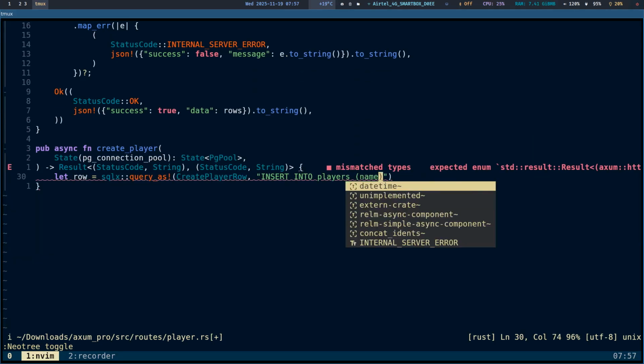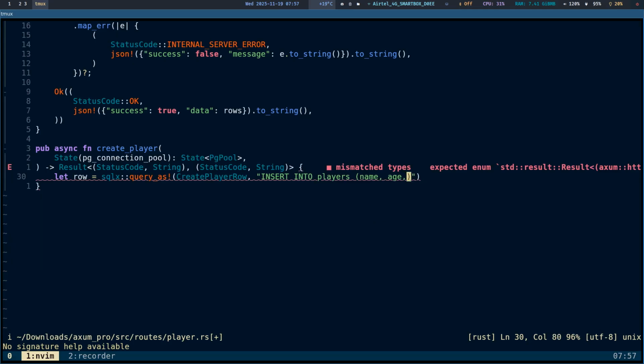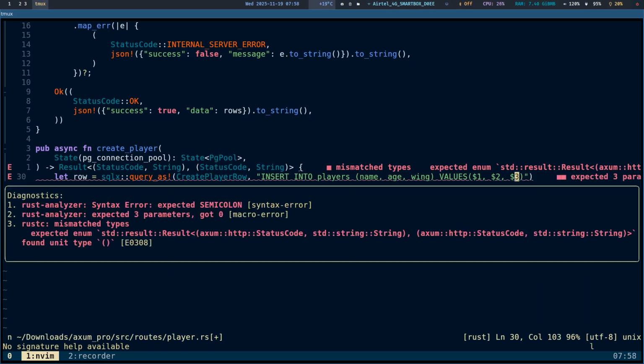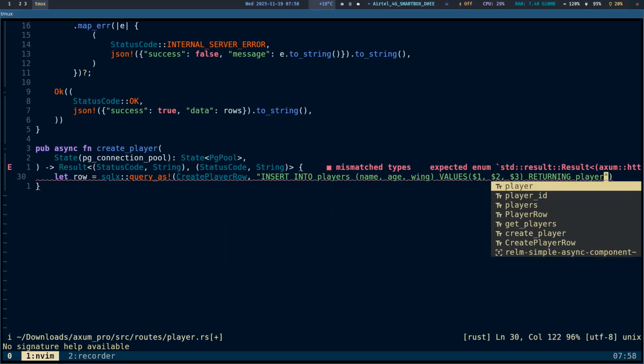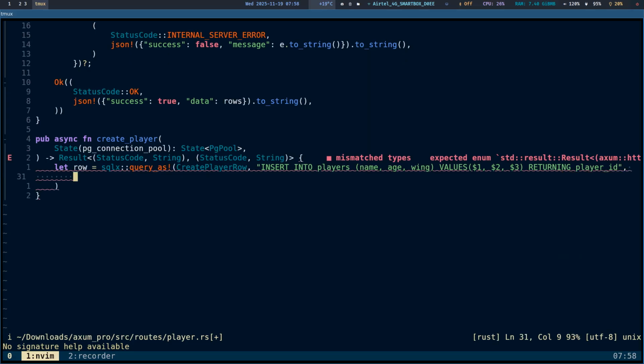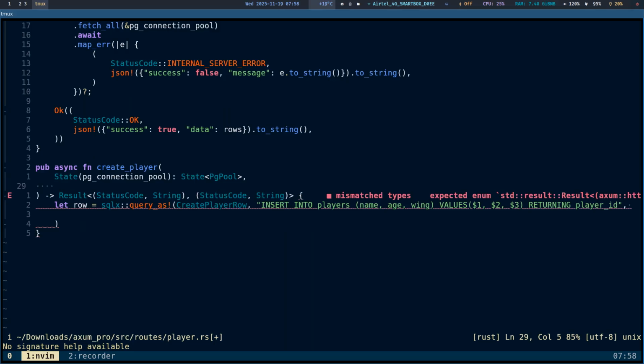So we have the name, age, and wing, and the values will be, we can pass this parameter 1, 2, and parameter 3, and we can just do returning the player_id. And at the end, we need to pass in the argument. But before then, let's create the